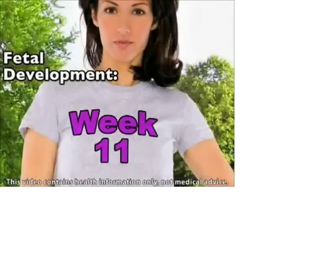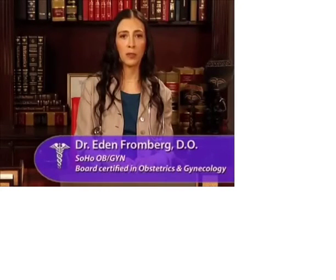Week 11 is a more quiet one for your baby, but it marks the official graduation from embryo to fetus. Your little fetus is busy learning to move in the womb this week and is starting to kick and stretch up a storm. In addition, your little guy or gal is probably beginning to hiccup now that the diaphragm is fully formed. You won't feel any of these movements for another month or more, but it's little wonder when you